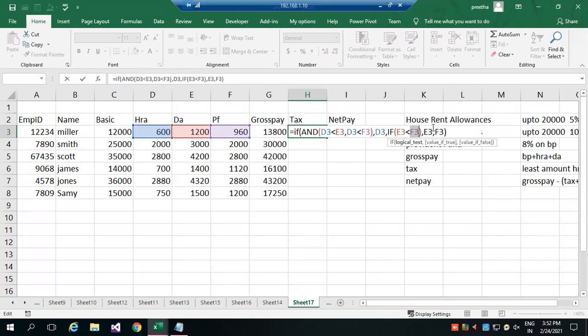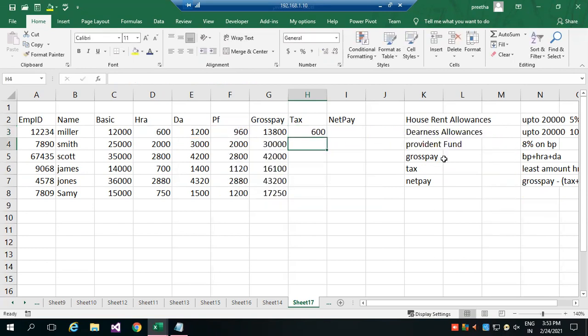So I wanted to find the least one. I've tried it, and I'm getting the least also.